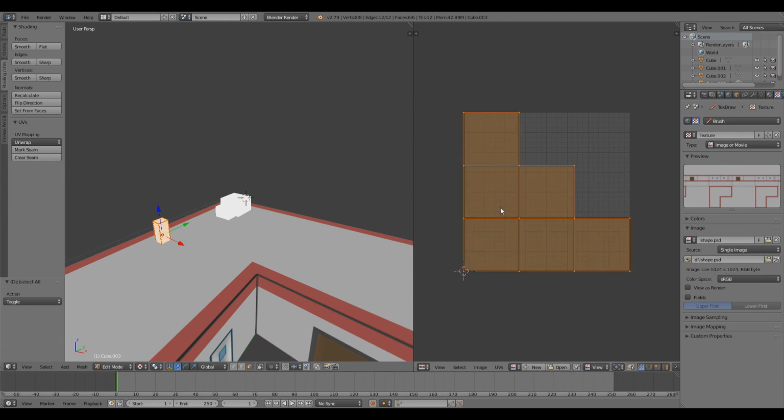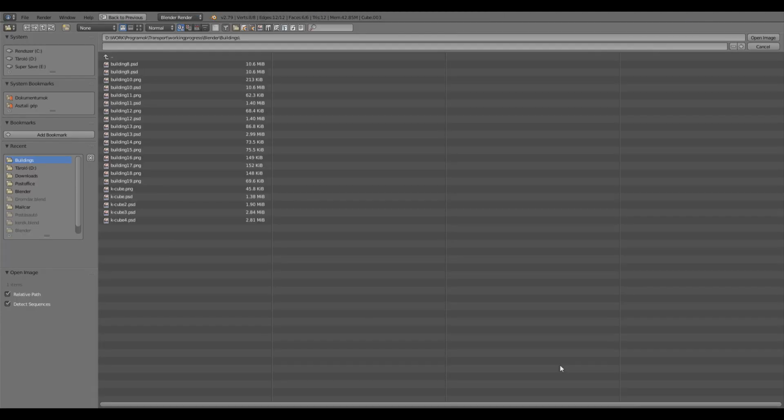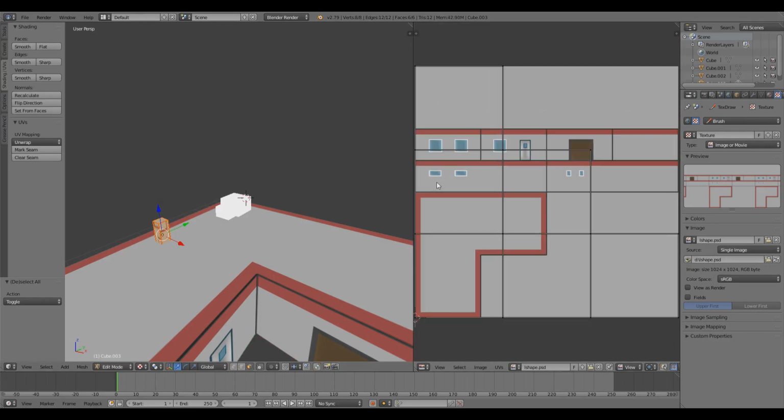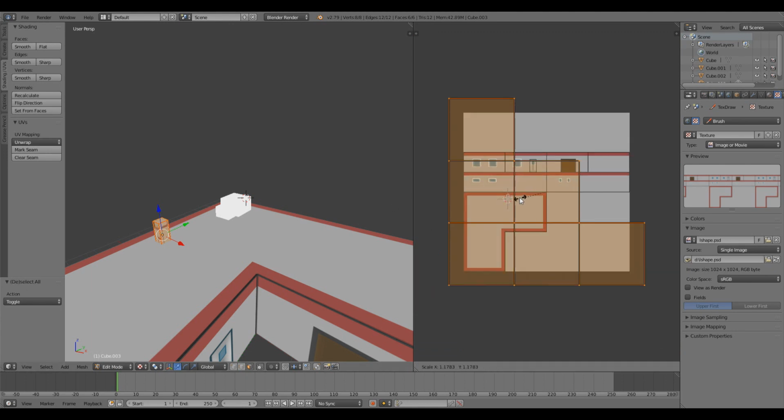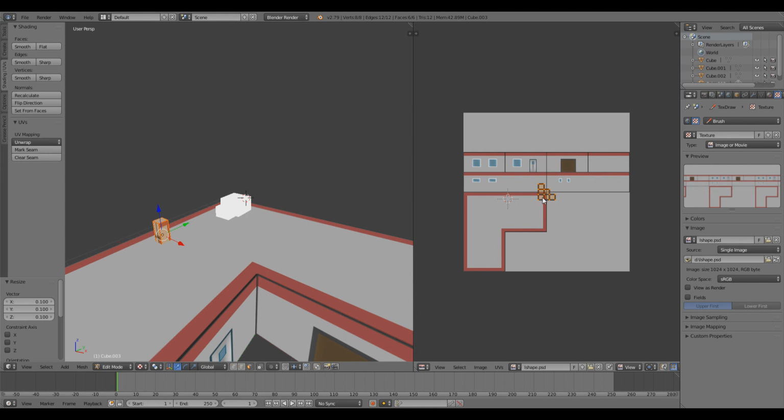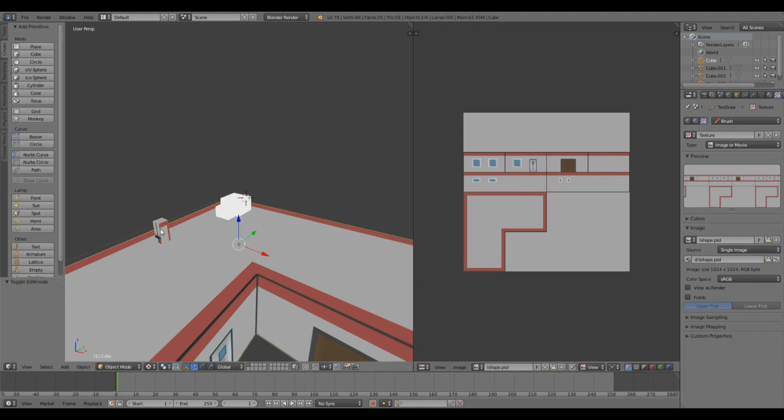Okay, I have this all selected and let's do that. I open up this L-shape PSD again. Okay, and now I select this whole chimney texture and hit S as scale and scale it down to 0.1 and move it around here because I only want to have a... no, this is not correct because I forgot to